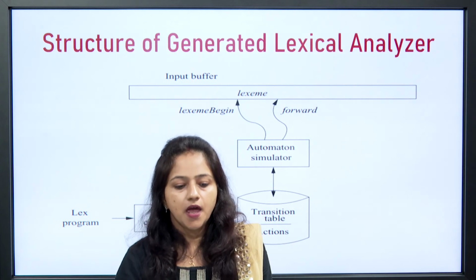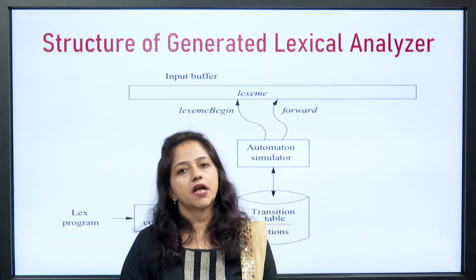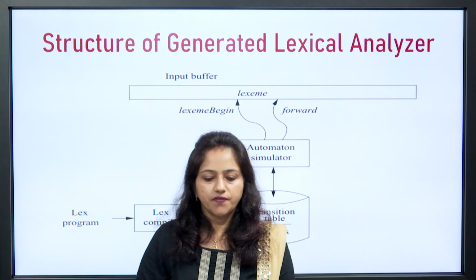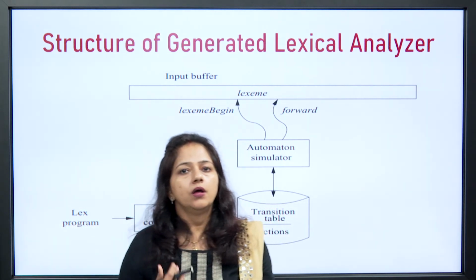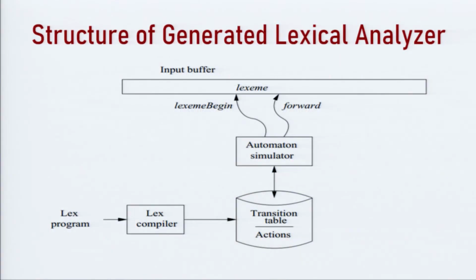So, this is about the recognition of tokens. Next is the structure of the generated lexical analyzer. Here we will combine all our knowledge and see how the lexical analyzer generates the tokens. In the previous class we have already discussed the input buffer. The input buffer contains the input string and is divided into cells, and in every cell we write a single symbol. Suppose I am writing an identifier like ABB.